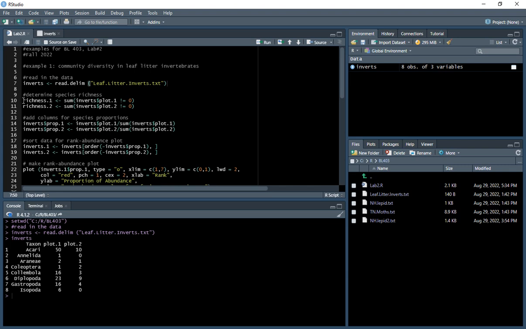I'm creating a variable called richness.1 for plot 1, that assignment operator, and then I use sum of inverts, so that's my data frame there. The dollar sign means choose this column. The column is plot 1, so I'm going to look at that column. I'm basically counting the entries in that column that do not equal 0. The exclamation point equal sign means not equal to 0. So if I run that,